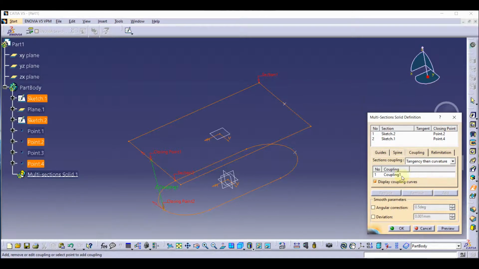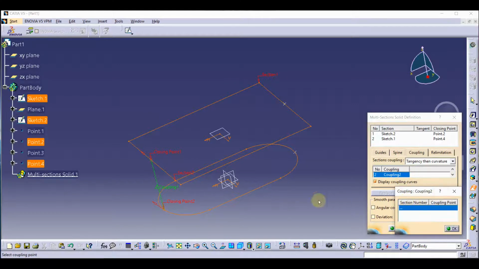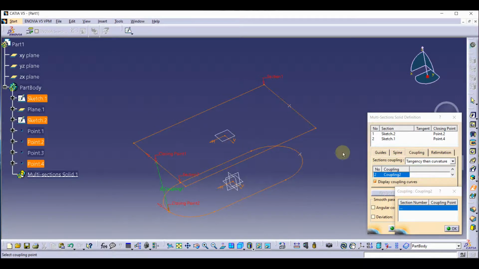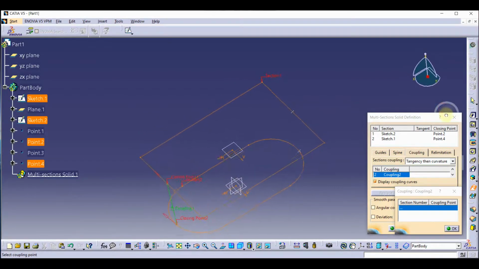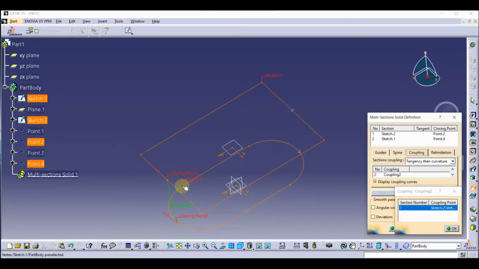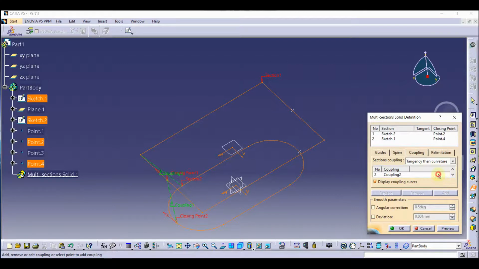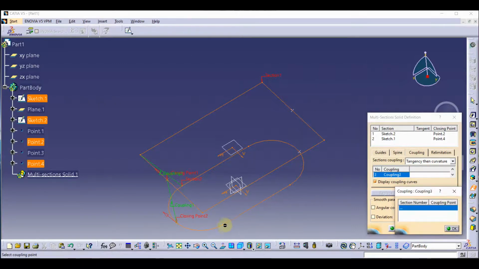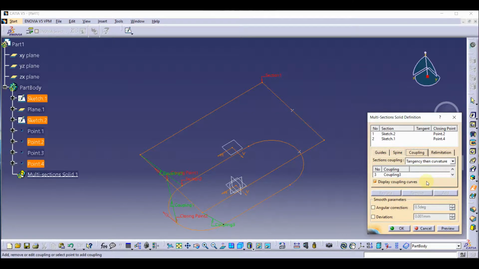Now let's add the other points. Okay, coupling 2. We are going to add coupling 3. Oh, sorry. First of all, we need to select this point and then this one.